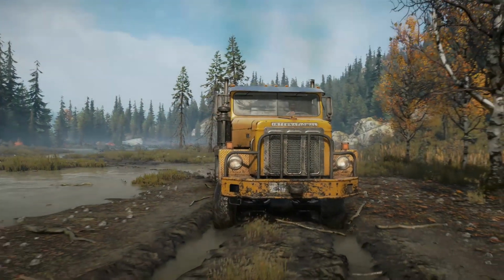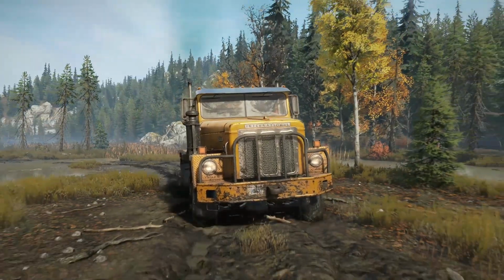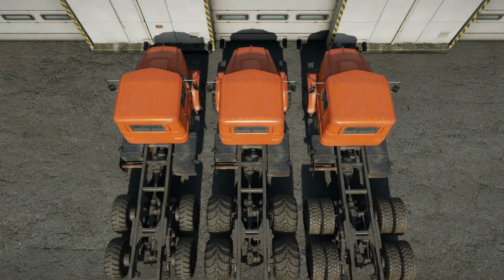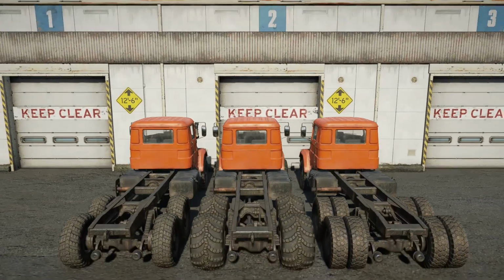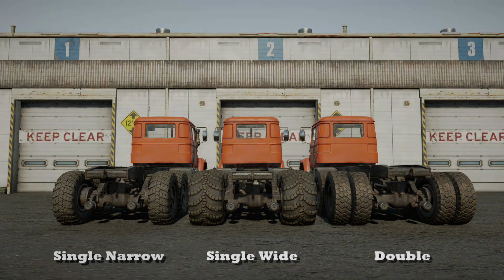Tires have the biggest impact on off-road performance. If you don't have the right one equipped, even the best truck can let you down. There are 3 general tire shapes in the game: single narrow, single wide, and double. This category includes the following tires: